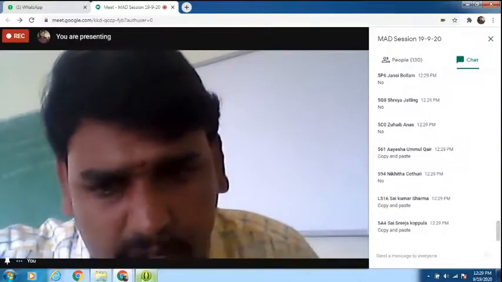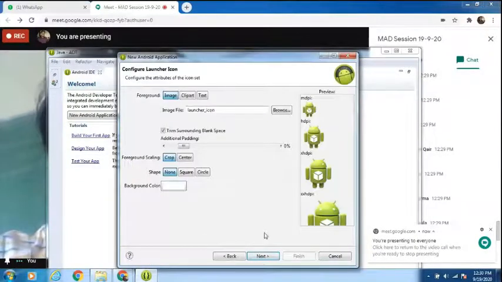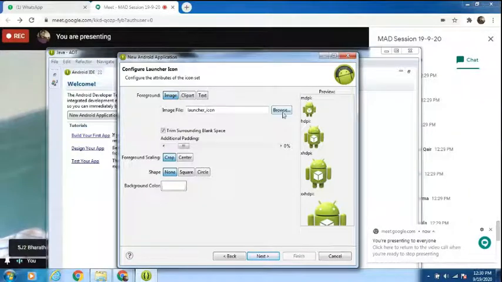Very good. Let's open this, dear. Click on next. For your My App One, you can give the image. These are default images. If you want a different image for the app, go for browse and give it as you wish. That means when you install it even on your Android mobile, it will show the icon you have given.